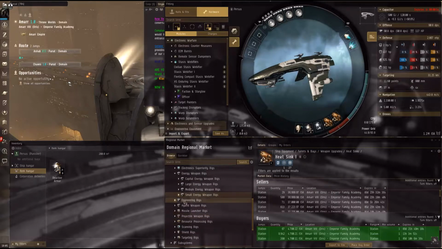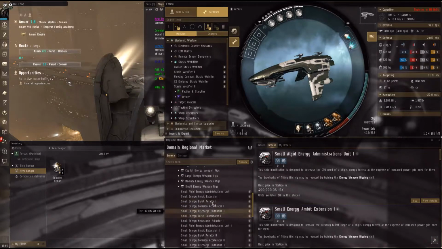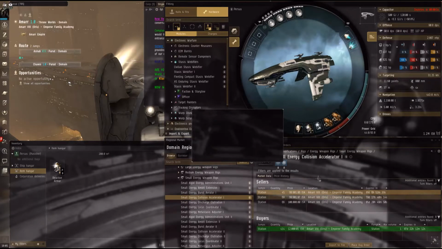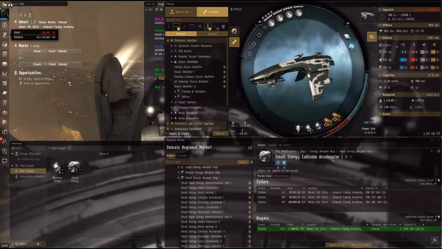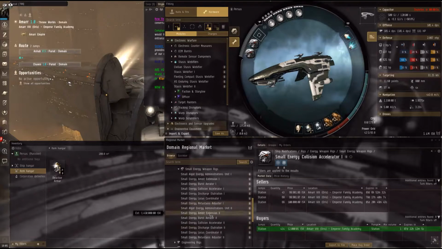Ship modifications. What we're going to do is go to energy weapon rigs, small energy weapon rigs. And we're just going to do 2 collision accelerators because you're a man and you like to destroy shit. Energy collision accelerator just ups your damage. Normally I wouldn't suggest going with 4 damage mods, but you're a new guy and you're fine. Because of diminishing returns, these speed up your cycles on your gun. These make each shot count more. Alright, and then we're going to do